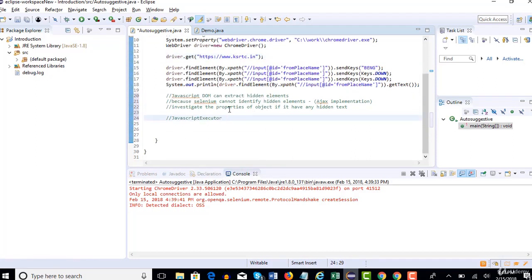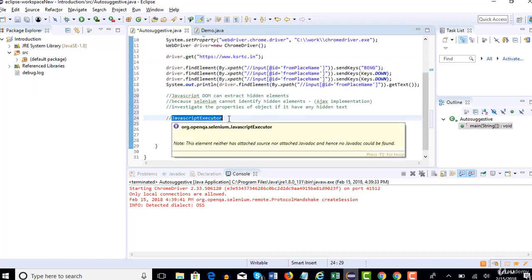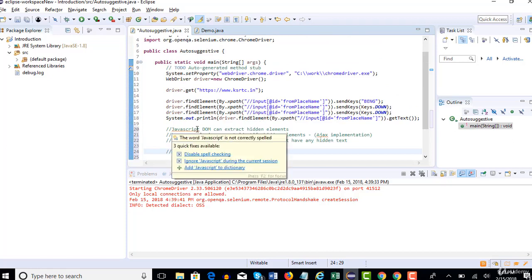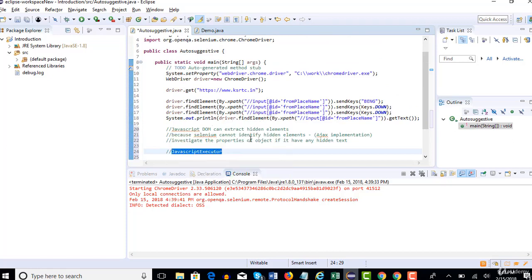Okay, let me start now. First, I would initialize the JavaScript executor, which is provided by Selenium to execute all our JavaScript functions. Let me define that. It's very simple: JavascriptExecutor js = (JavascriptExecutor) driver. I'm just defining the JavaScript executor, that's all.